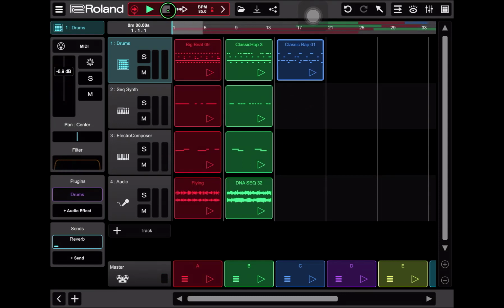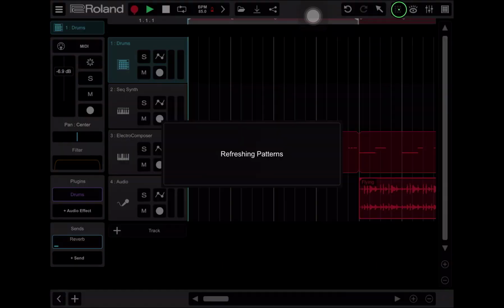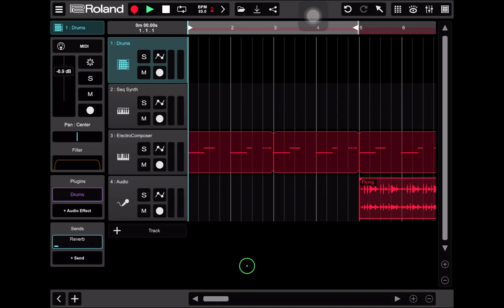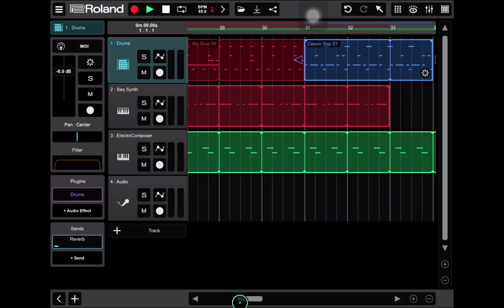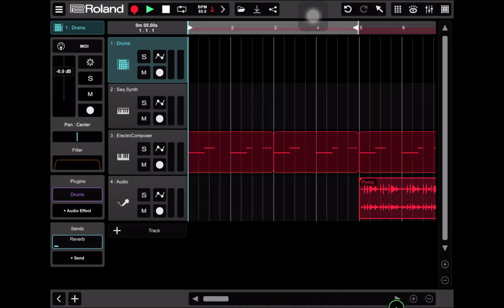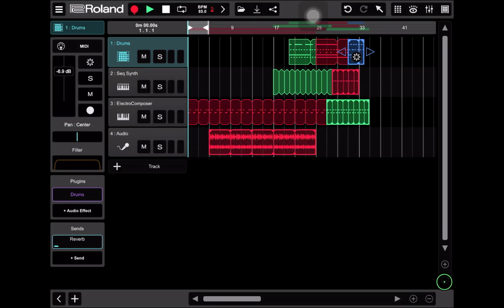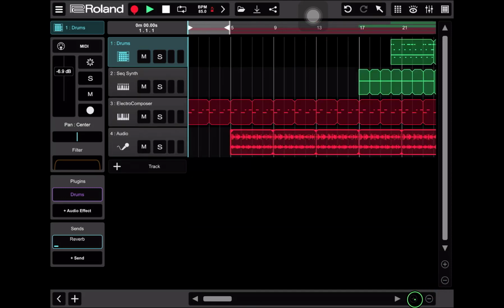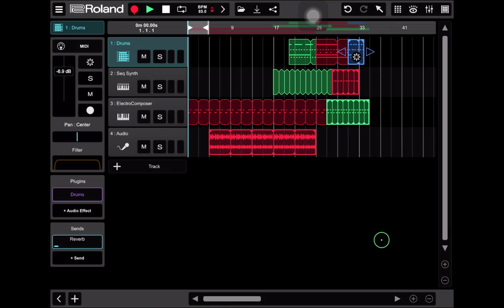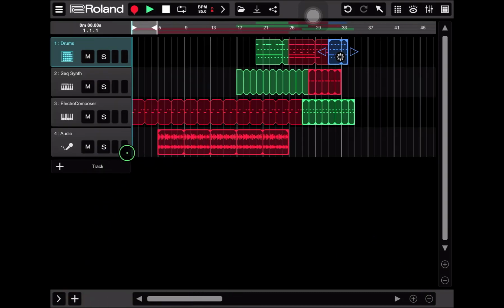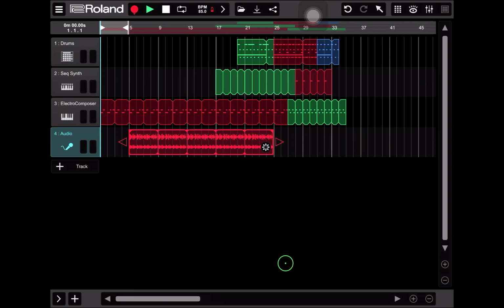And I'll click stop. And now, if we go to the actual timeline, we're going to see the performance. And let me go ahead and make things a bit smaller so we can see everything a bit better. All right, so there, and let me just tuck these in. So there's the performance that we actually did within the last few moments. And if we want to play it back to hear it,